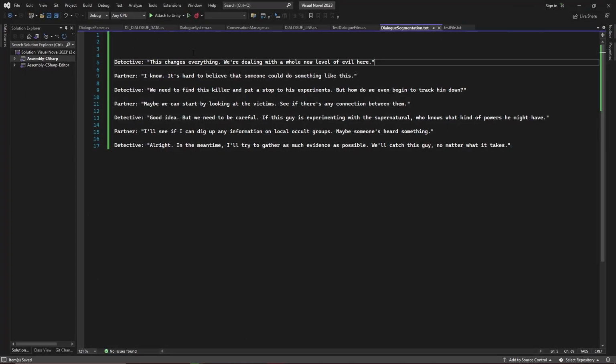So let's say that this is my dialog file. We could run everything just like this and have it as one line, or maybe we could split these up into different parts. So Detective says this changes everything and we're dealing with a whole new level of evil here. If I wanted to split up these two lines, maybe I could add the append symbol, and that would go ahead and append that. Then maybe we'll set the clear symbol here, that way we split that up into two separate lines. Maybe in that same line, we'll have him pause here, and then wait and append after 1 second,